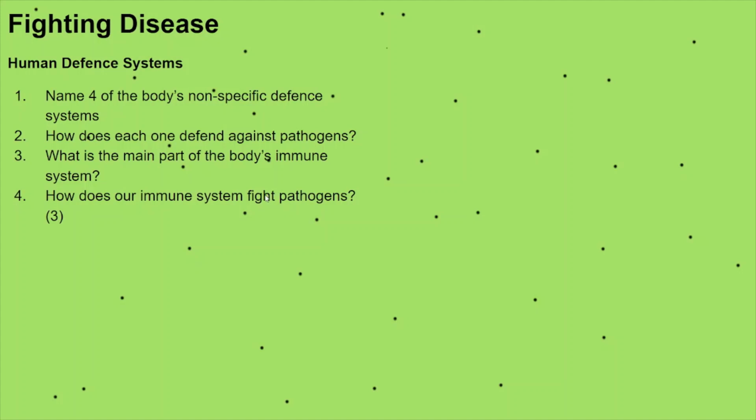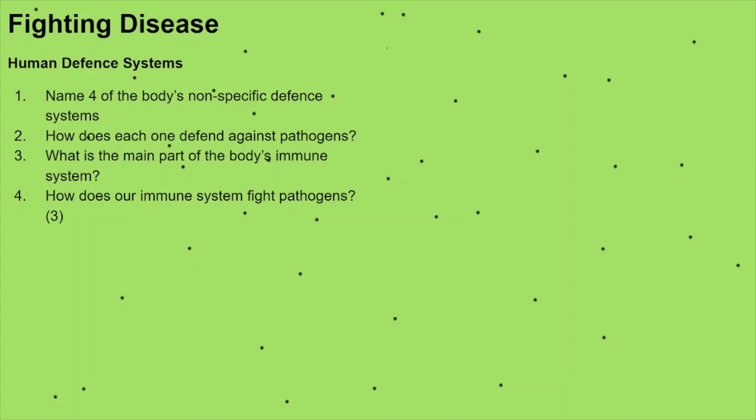The second way is they produce antibodies. So these antibodies lock onto antigens, which are basically just proteins on the surface of these pathogens. They attach to these antigens, they then alert the white blood cells to come over and engulf the pathogen by phagocytosis. It's also worth remembering that these antibodies are specific, so each antibody will only attach to one specific antigen, and when your body has antibodies that can attach to the specific antigens,